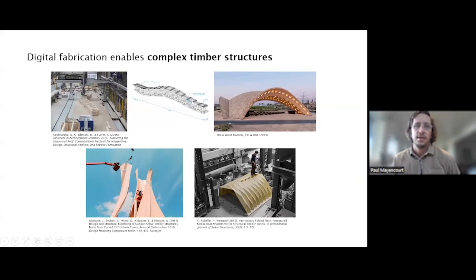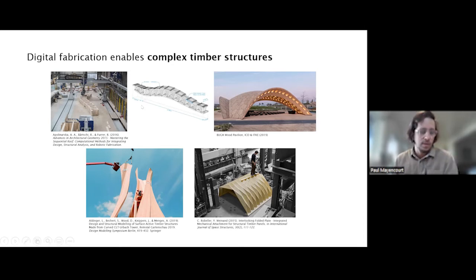So if there's no question at the moment, I'll just move on to building systems. And this is the second scale of consideration for low carbon timber structures, when we combine different elements into a building system. And part of the reason I mentioned it earlier is that there's a lot of digital fabrication that is enabling us to build complex timber structures, or complex structures in general. And you can see here some examples of recent structures that have been built. Highly complex structures that are super efficient.